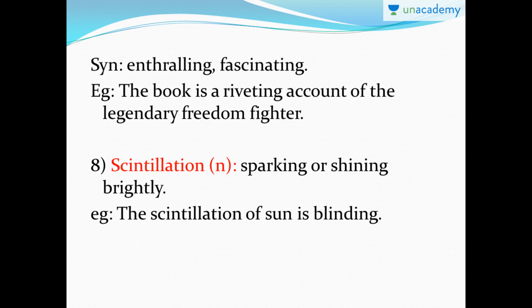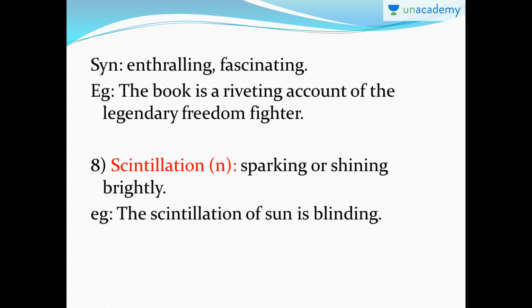For example, the book is a riveting account of the legendary freedom fighter. So that means the book is a very fascinating record or account of the legendary freedom fighters. Legendary freedom fighters are very esteemed freedom fighters. Okay, the next one,